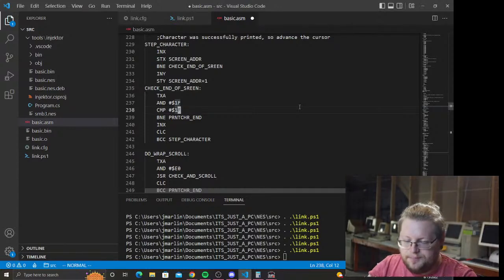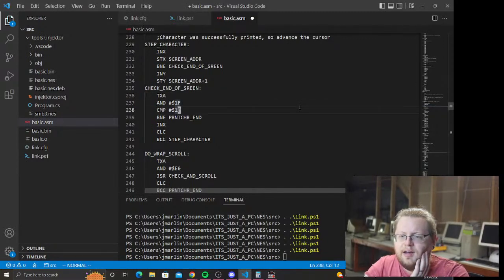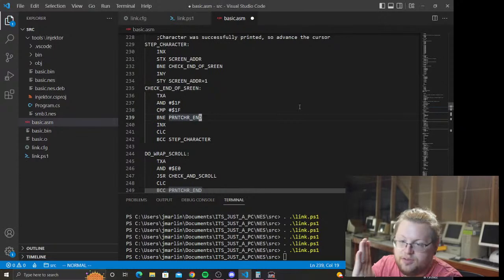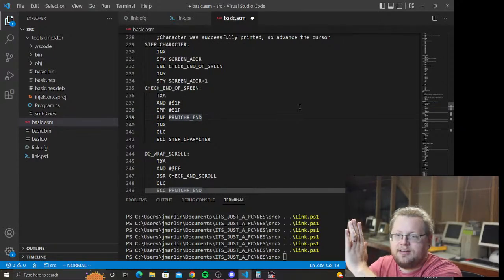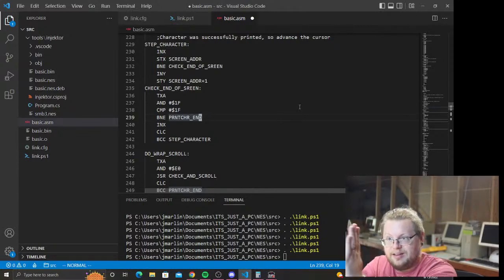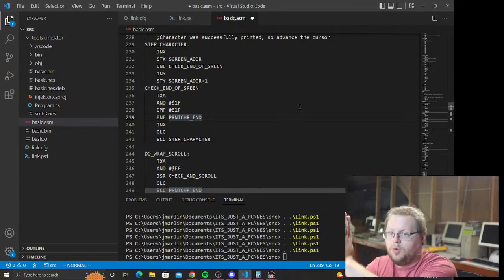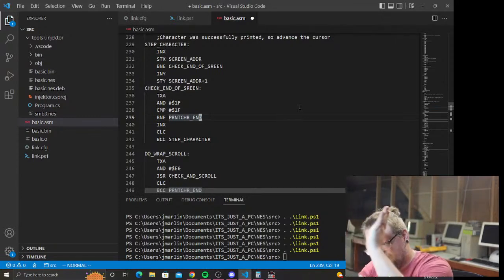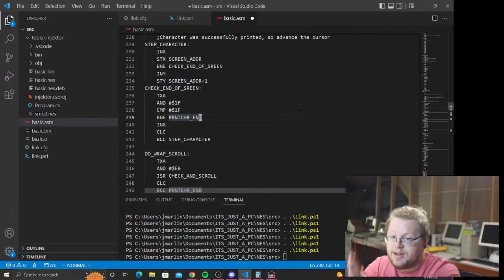Okay, well, let's do this. Let me think about this really quick, because basically I just need to do another check. So I compare it with 1F, because if it's 1F, that is the very last character on the screen, which is not where we printed. That's just where we printed here, and then we are advancing 1 over. And if we are in 1F, which is the character at the very end where I want to put a margin, then we are right now. If we're not there,